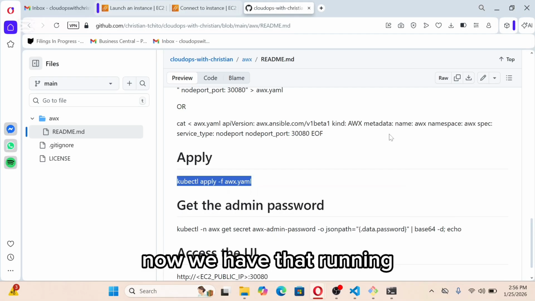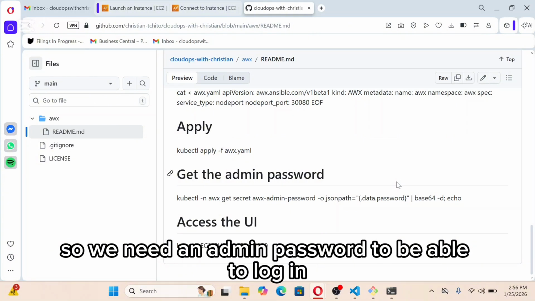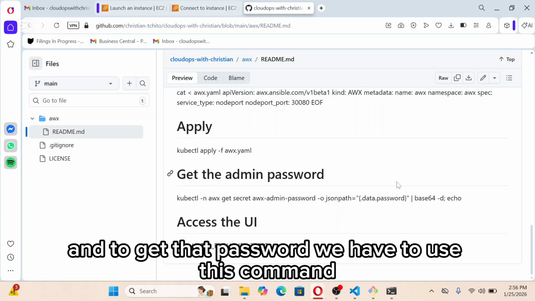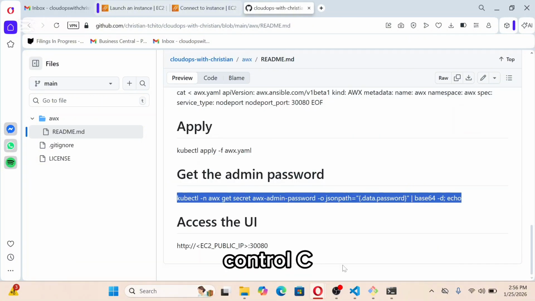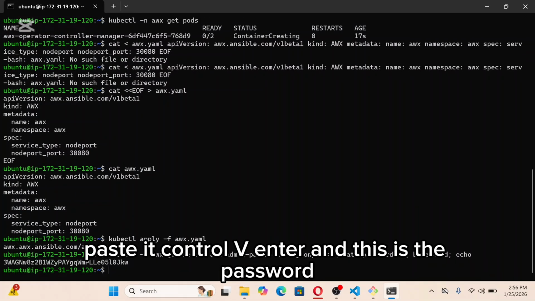Okay, now we have that running. The next thing we want to do is get the admin password. We need an admin password to be able to log in to our AWX Ansible when it's configured, right? And to get that password, we have to use this command. So I'll go ahead and copy this command, Control C, paste it, Control V, click enter, and this is the